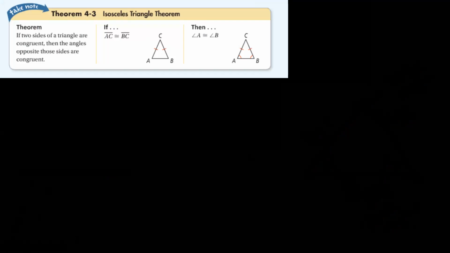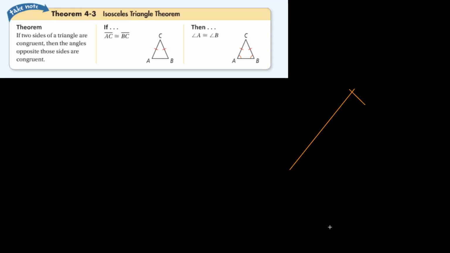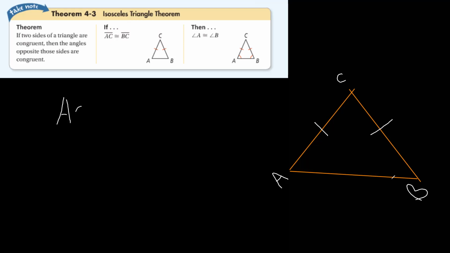In this one, it tells me that if you have this triangle, named A, B, and C, and AC is congruent with BC, so,